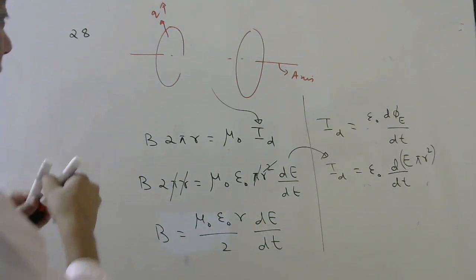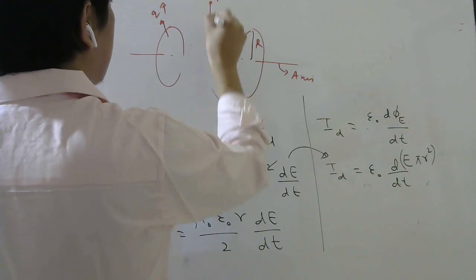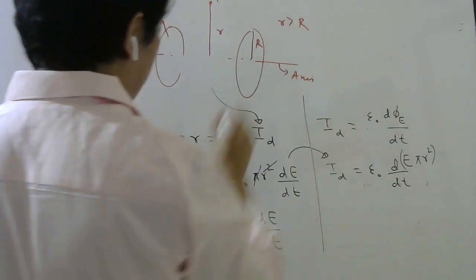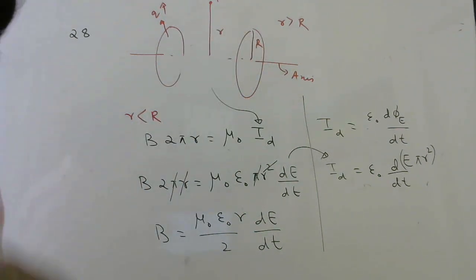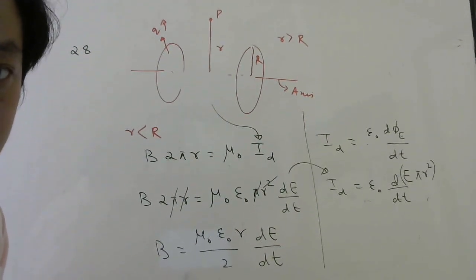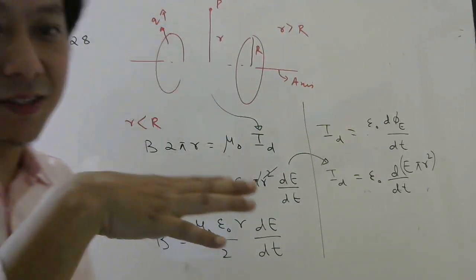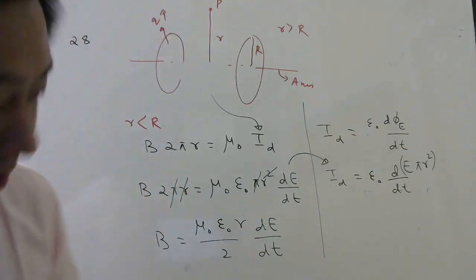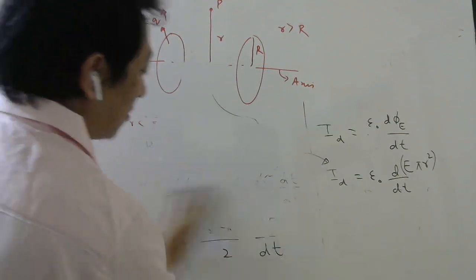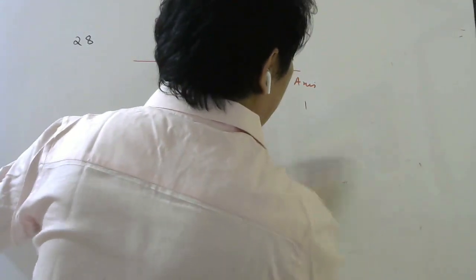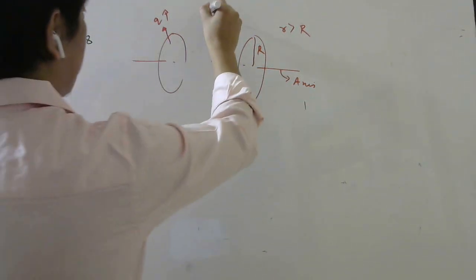Now it will be interesting to note, suppose I say this is capital R and I want the field at a distance outside. The one that I did was small r less than capital R. Suppose I want outside, because the magnetic field will go like this, no, everywhere. It's a field, it's a region, it will keep spreading, right? Field is not localized somewhere. It keeps on spreading out. So what if I ask at that point? Then your Amperian loop will be here.